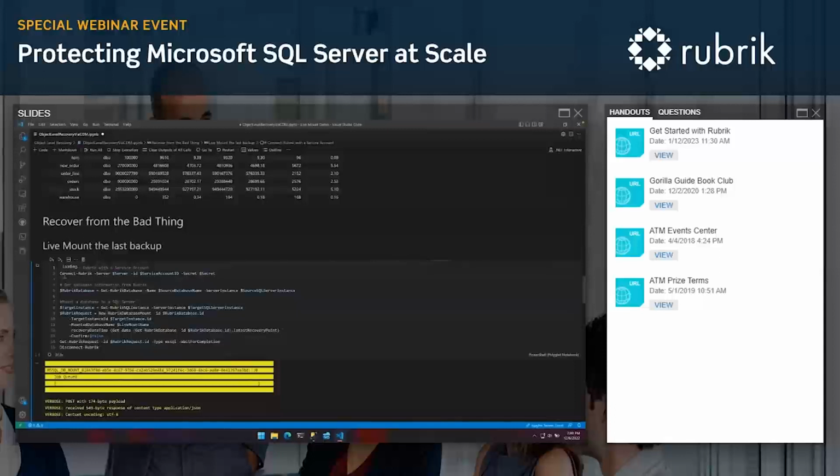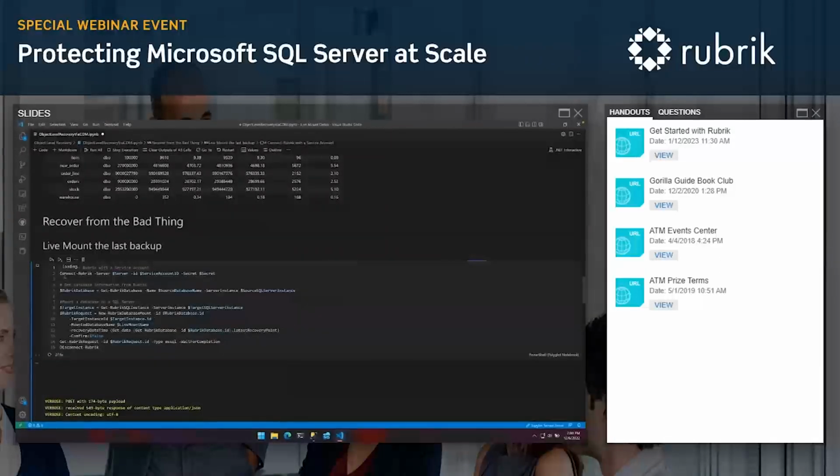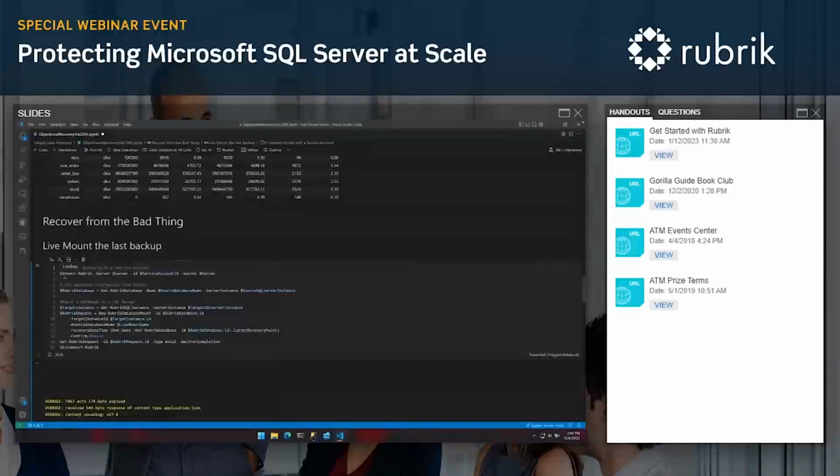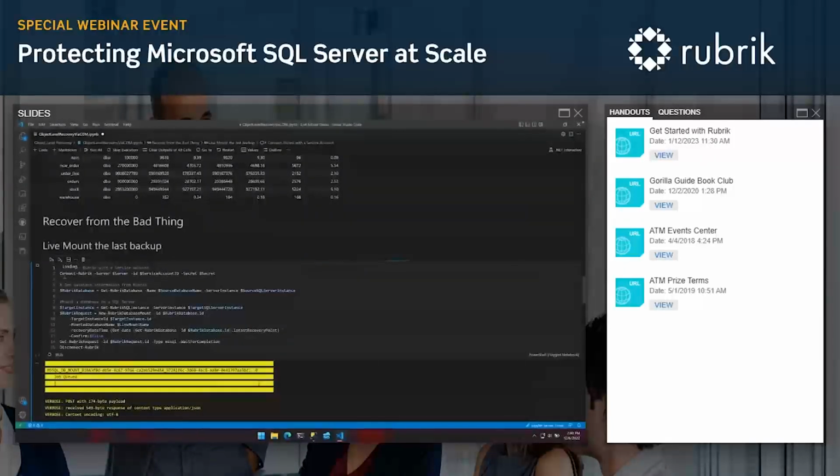In this case here, we're using live mount. Live mount's going to take a database, basically any size, and recover that back to a SQL Server in just a few minutes. A 2 terabyte database would take several, if not at least almost an hour, if not more, depending on your environment, depending on the size of the database. Instead, we're going to have that database up and running inside of a couple minutes.